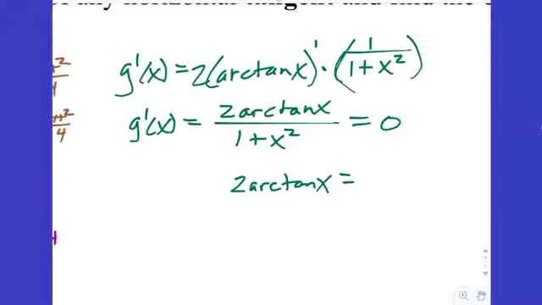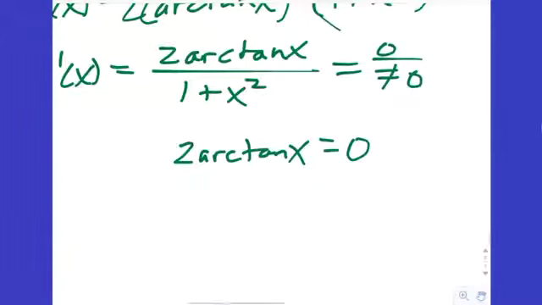In fact, I like 0 over non-zero better. I'm going to set it equal to 0 over non-zero. I like that. And if you divide through by 2, you get arctangent of x equals 0. And now to solve,